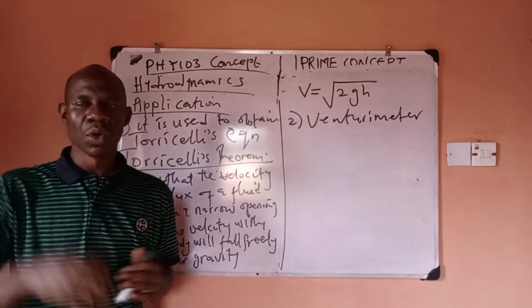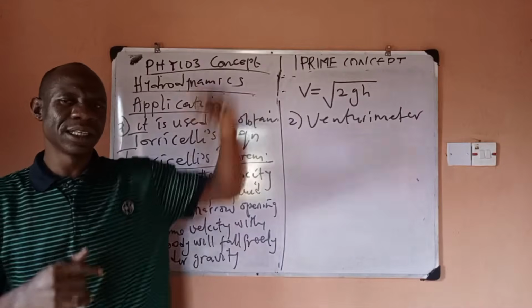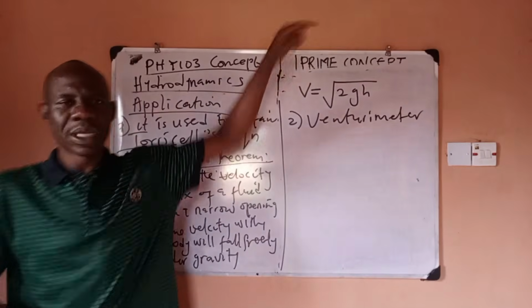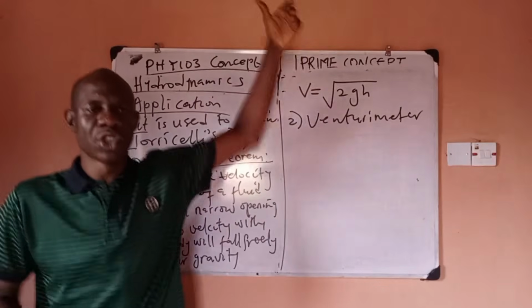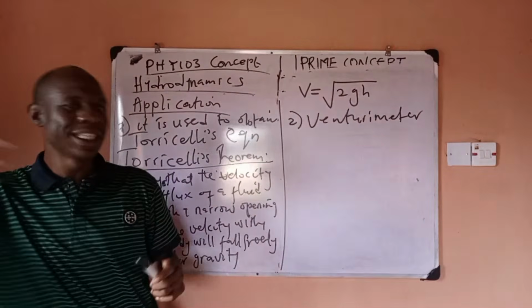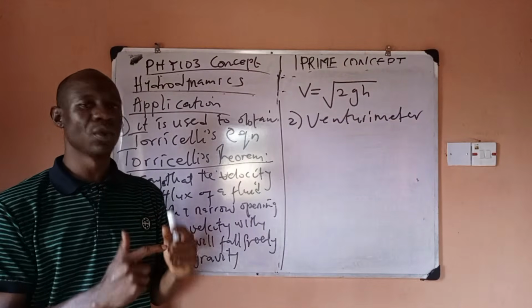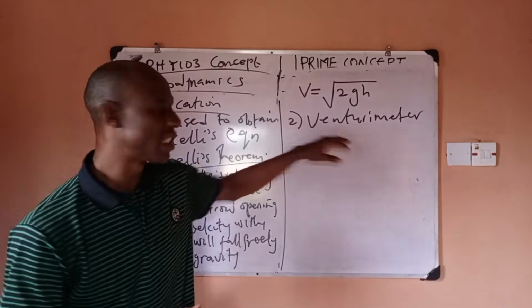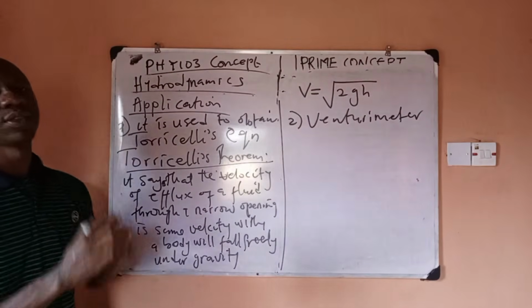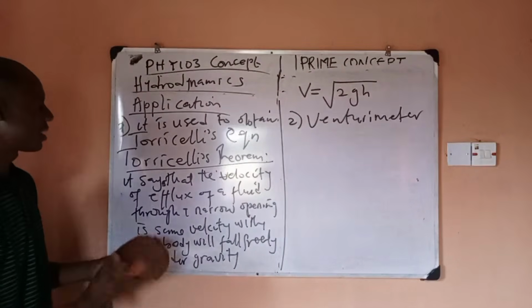points. So when there is a break in a pipe, you will notice that the rate of flow of fluid at some certain point will change. Immediately the flow of that fluid changes, they will know that there is leakage somewhere, and they begin to trace where the leakage is now. They will quickly go there. So that is a venturimeter. It works on the principle of Bernoulli's theorem. So take note of these two applications of Bernoulli's theorem.